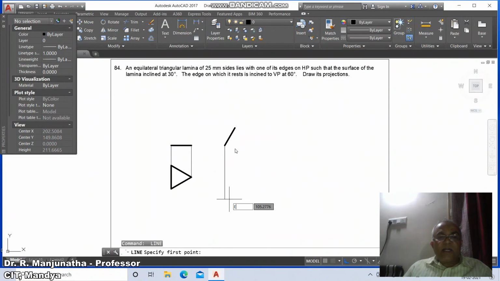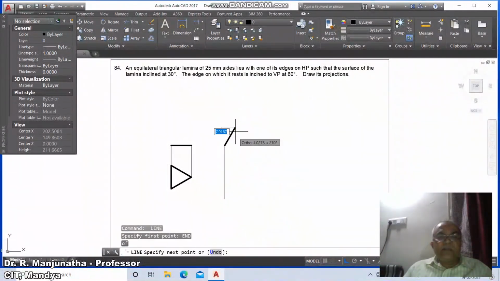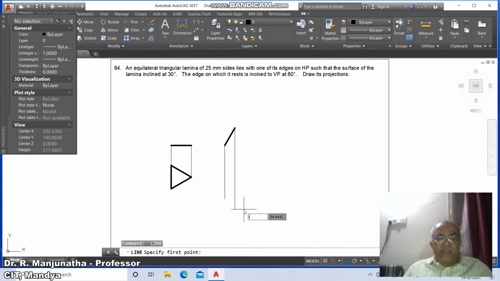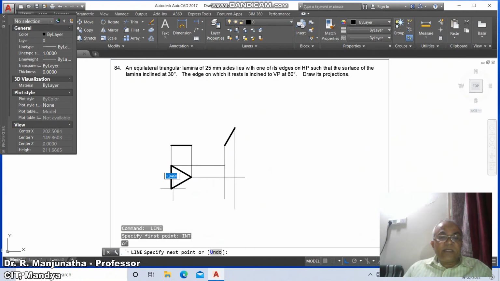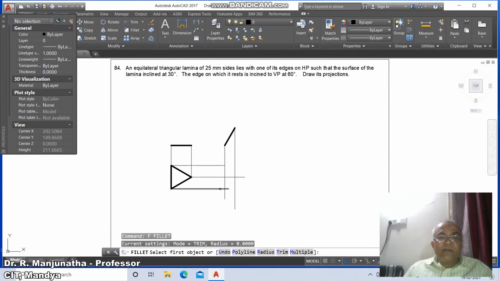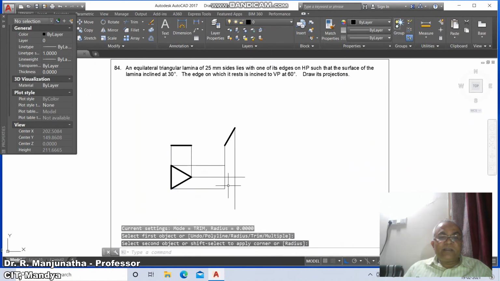Then go to line, take intersection, go to line, take the end point of this, draw a vertical line and take the end point of this and draw a vertical line, take line INT and take perpendicular to this line, take INT and drag this and keep it here, and then go to line INT, take this here and go to fillet between this line and this line and between this line and this line.